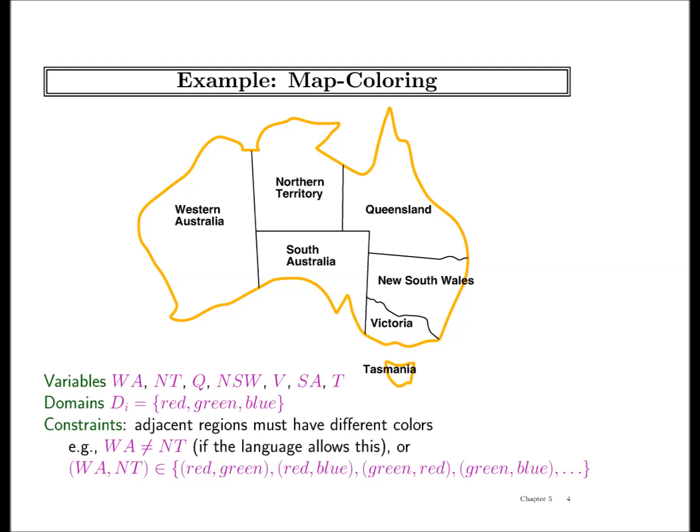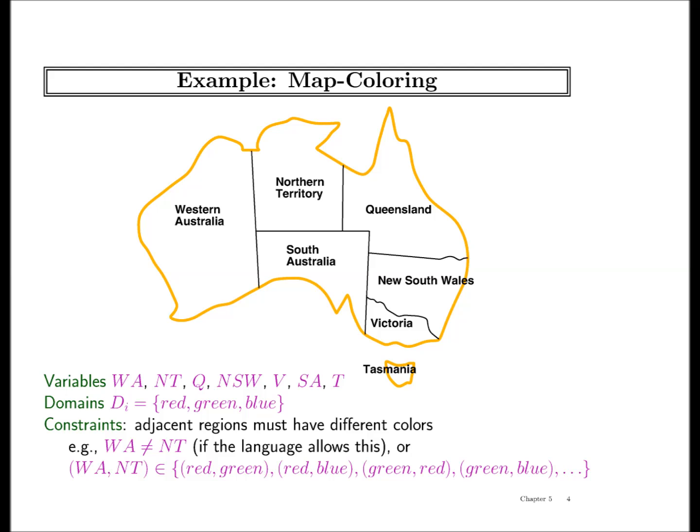This will be a running example. It's a map coloring problem. Are any of you from Australia? Has anybody lived in Australia? Okay, so you have an added advantage today in the class, because you will remember the names of all the states much better than all of us. So for the next 1 minute, please try to memorize these names because we'll talk about them over and over and over. We have Western Australia, the Northern Territory, South Australia. These are easier to remember. Then we have Queensland, New South Wales, Victoria, and Tasmania.